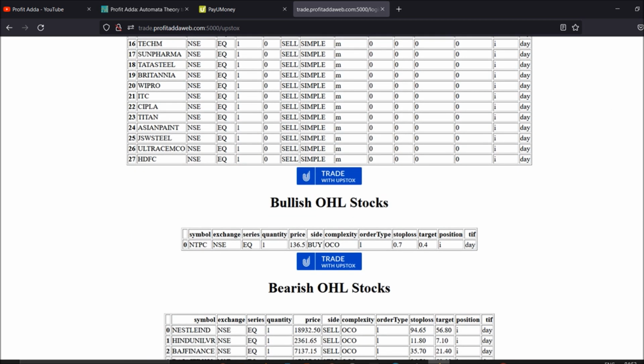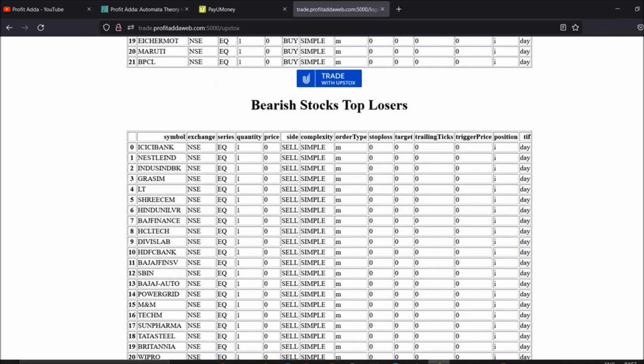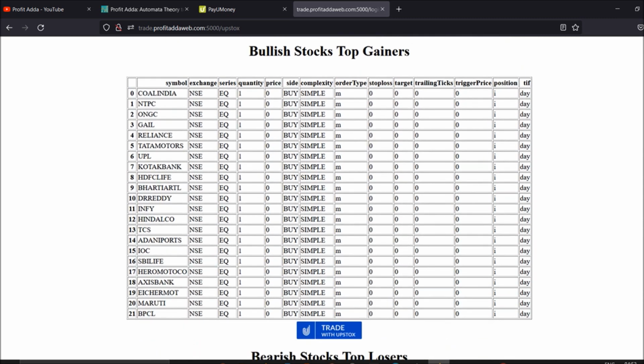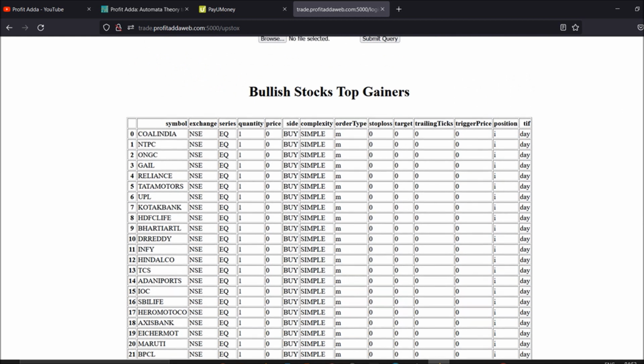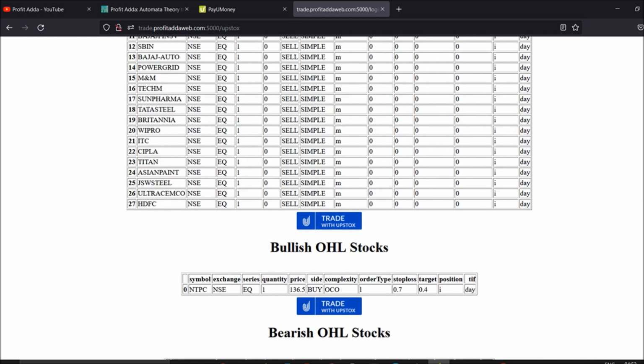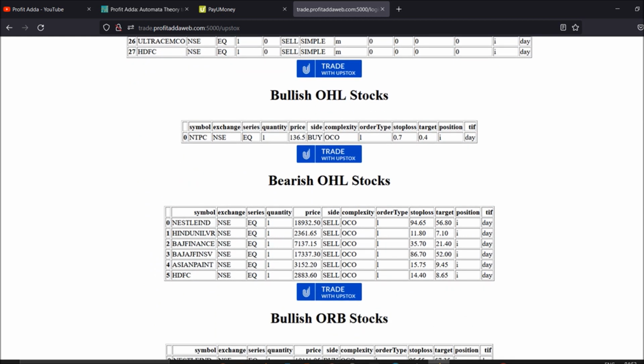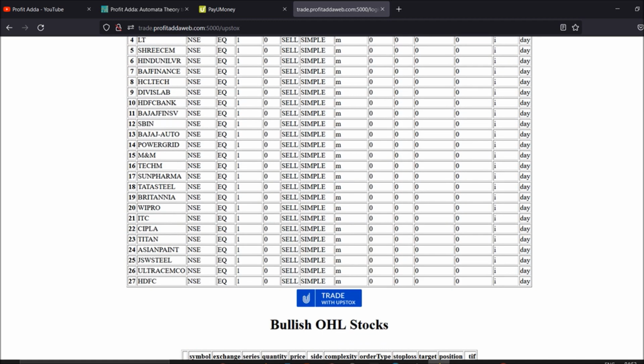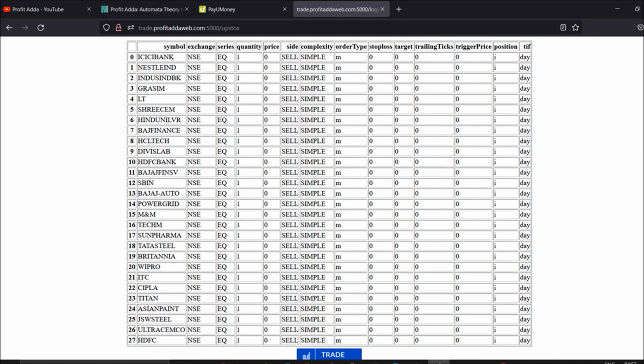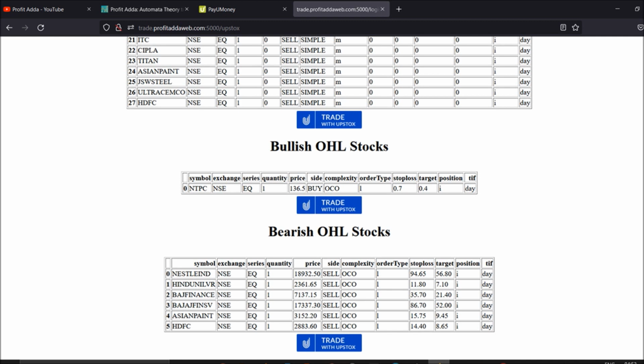Now at 9:15, 9:16 you can come here. Around 9:16, I must say, you can get this. Just get in at 9:16, and after that several things will be allotted for you. At the same time you can trade this at 9:16. So this is the morning routine, during morning hours.